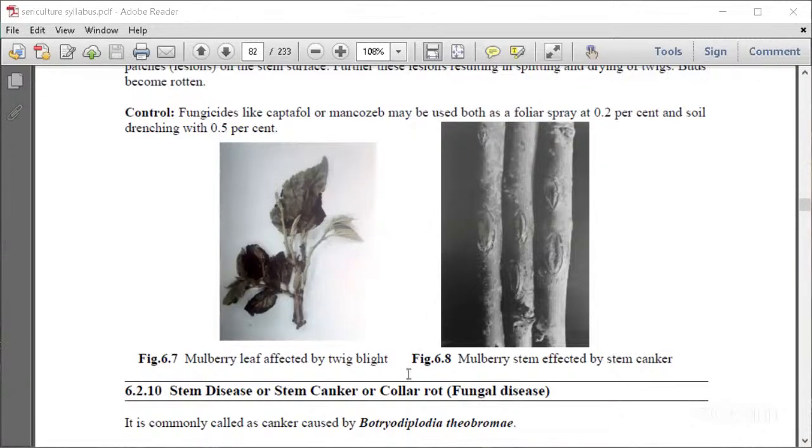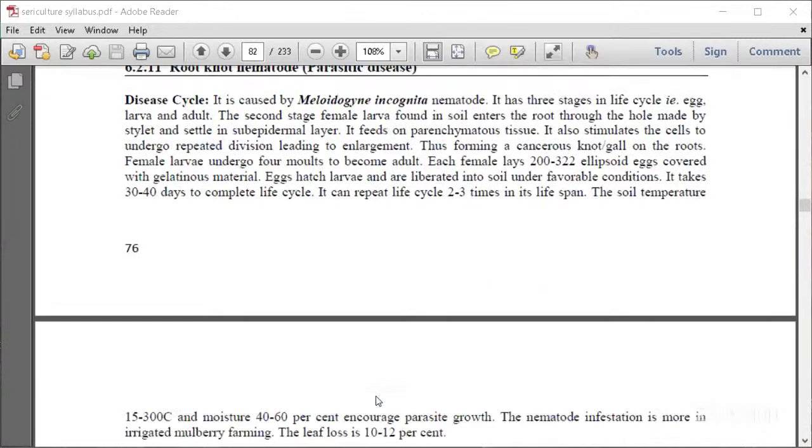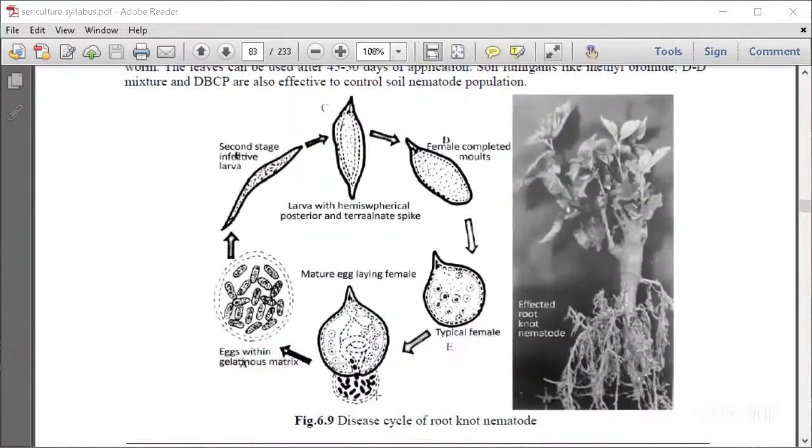Before going further, see this one. This is how the root looks when it is affected by nematodes. As I just told you,